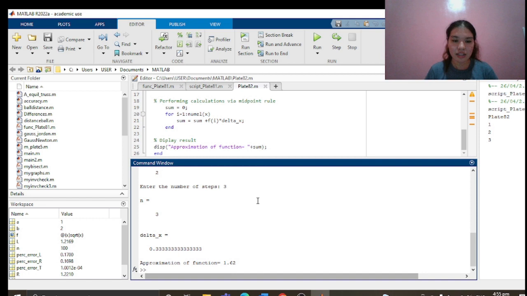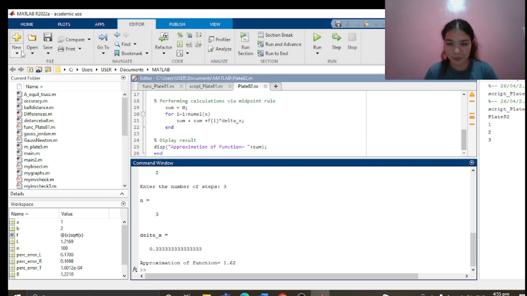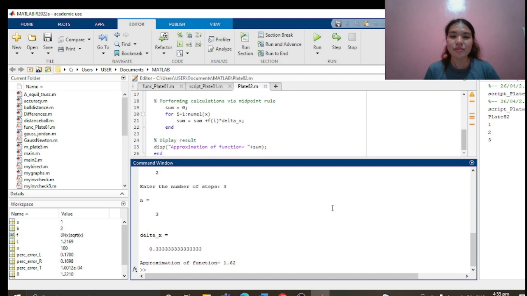So the n is equal to 3, the delta x is equal to 0.33, and the approximation of the function is 1.62. So that's all for activity 2. And that's the end of the video